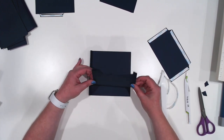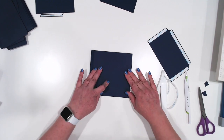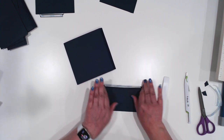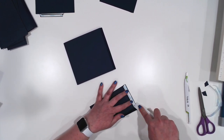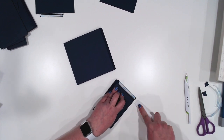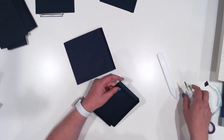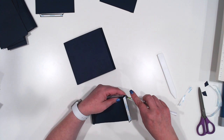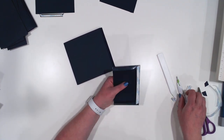And you can absolutely use glue on this. Usually when I do prototypes of things, I actually do use the glue because it's cheaper than score tape. And since I don't always know for sure if my prototype is going to be something that I keep or I give away, or I just do it without pattern paper to see how it's going to all work, and then that's it. The glue is a little bit more economical when doing that, because score tape does get expensive, but that's okay. It's just a preference. I know a lot of people like using glue on the entire album. I have done that with some even that weren't